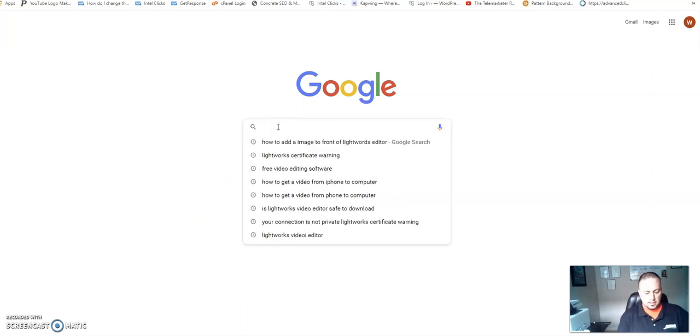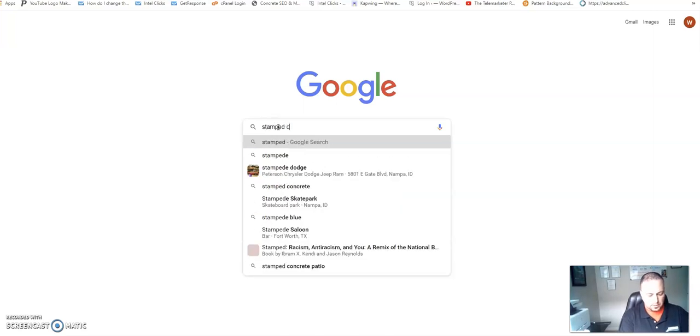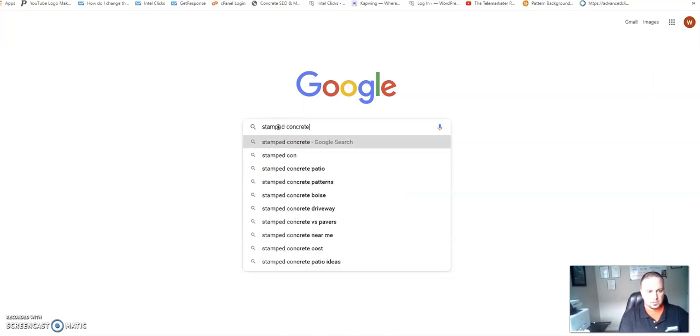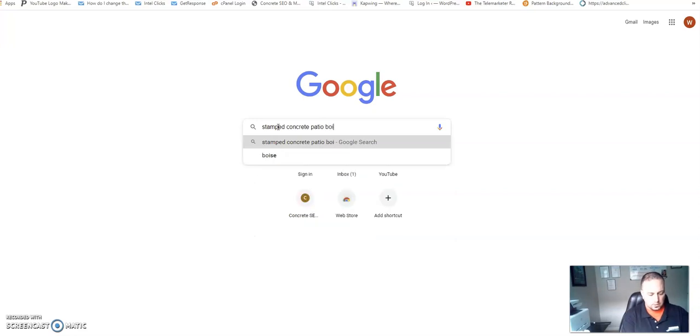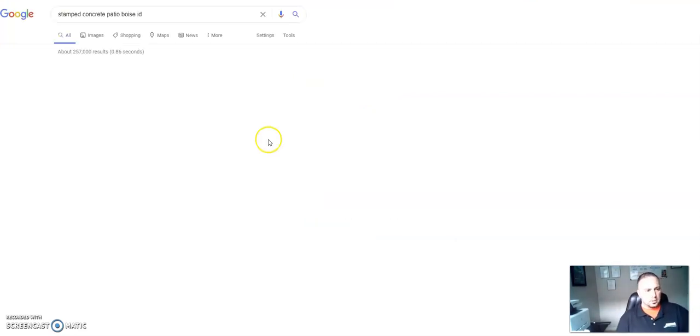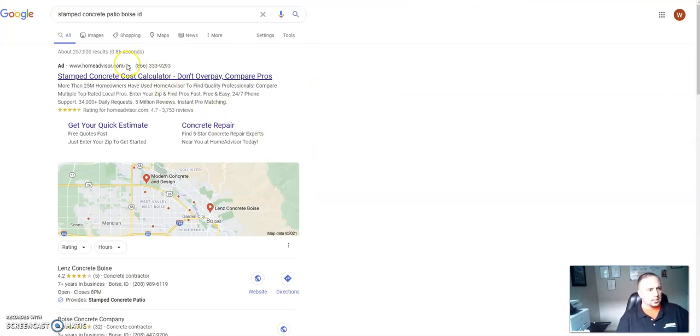So I'm going to use an example here today. I'm going to type in stamped concrete. We're going to use a residential concrete contractor for this example. And we'll use patio, concrete stamped patio. Let's go ahead and do Boise, Idaho. That's where I'm located, our company is. So type that in. You'll see here right off the top,